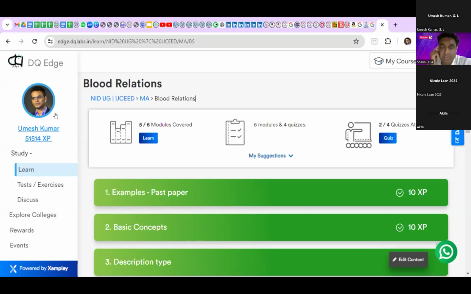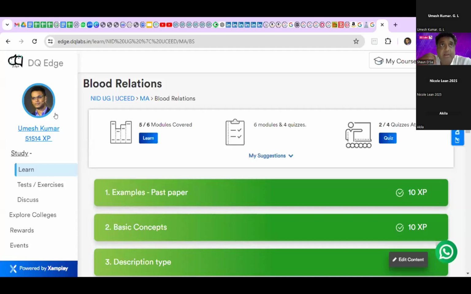To just add to that, madam, here's what I highly recommend from a strategy point of view. I highly recommend that every student takes at least a minimum of 2 NID tests and 2 UCEED tests right away, even if they have not even started studying. Now, what sense does that make? You may ask, they have not even started studying, why should they take a mock test? Not a mock test, the actual past year papers. 2 NID and 2 UCEED. It's not to see how good or bad you are at the test. It is for the student to study the test.